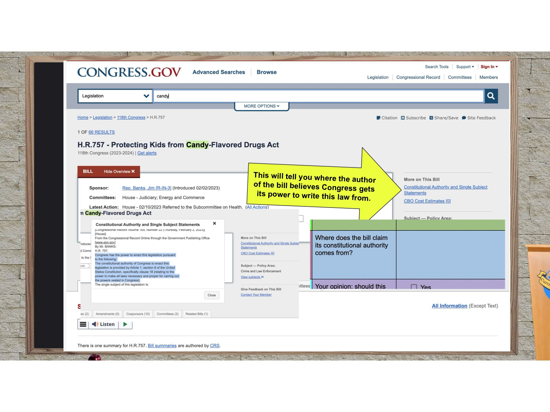It can only do the things that the Constitution says it can make laws about. So when they're writing a law, they generally have to say where in the Constitution they're getting the authority to make this law. In order to find that, under this more on this bill, right above where you click for CBO cost estimates, there's going to be something that says constitutional authority and single subject statements. So you're going to click on that, and it's going to come up with a little box right here. And then if you see where I highlighted here,